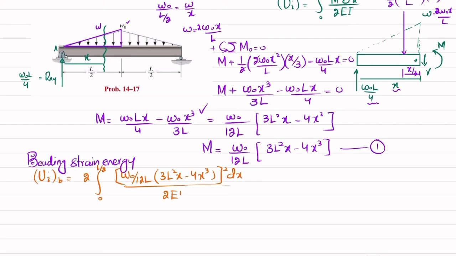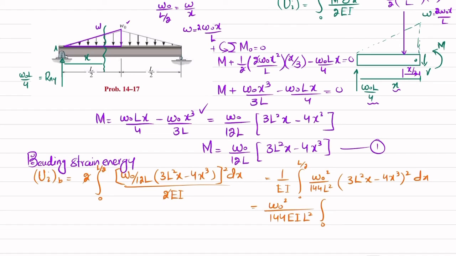divided by 2EI. So 2 will cancel with this, and we will be left with 1 over EI integral of 0 to L by 2, and that will give you W naught square over 144 L square into 3L square x minus 4x cube whole square into dx. So take out these terms. So it will be W naught square over 144 EI L square, and we will be left with integral of 0 to L by 2. So this will be equal to 9 L square x square plus 16 x to the 6, clear, minus 2 times this term into this term, which will give you minus 24 L square x to the 4 into dx